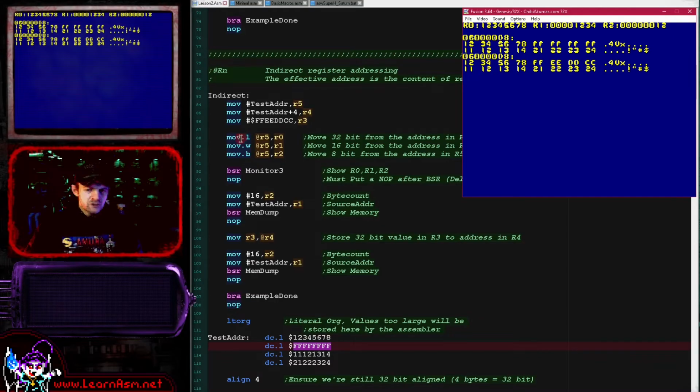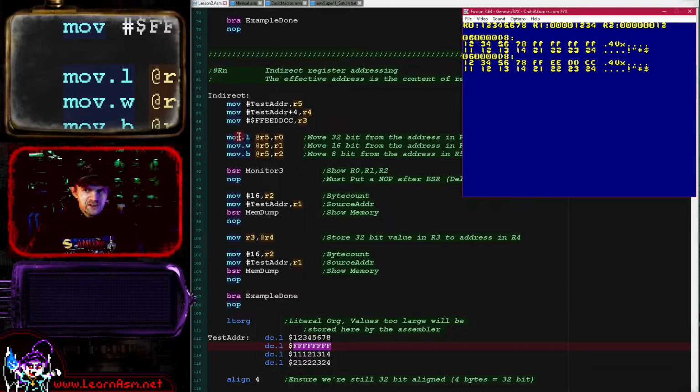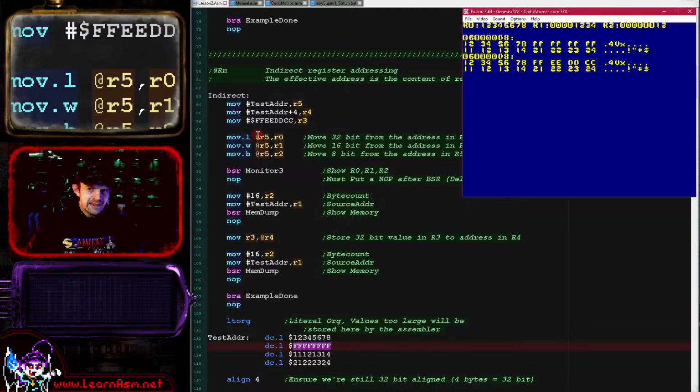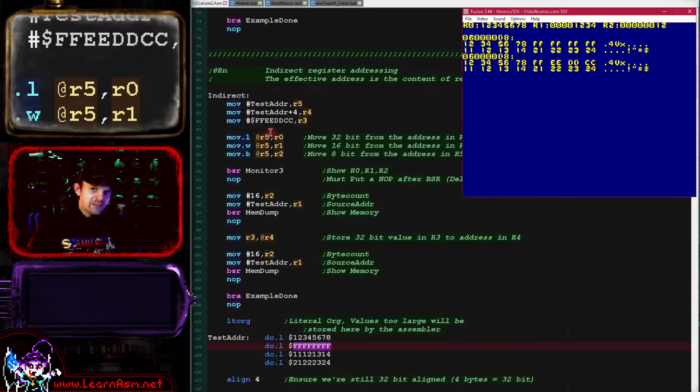We're going to work with different lengths of value, and we're going to load some test values in. First of all, we're going to load a long value. A long means 32 bits on the SuperH. It varies depending on the assembler and the processor, but in this case it's 32 bits. So we're going to load 32 bits from the address in R5, and the destination is going to